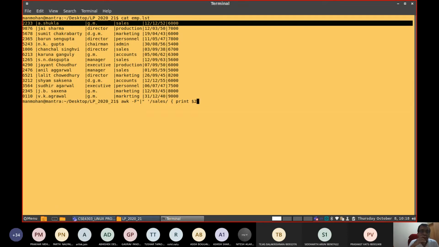Because if you consider this -F and the vertical line as a delimiter, then the second column is represented by default. Remember, you are not assigning that. By default, AWK treats that second column as $2. Then you want to find out their designation, that is $3.